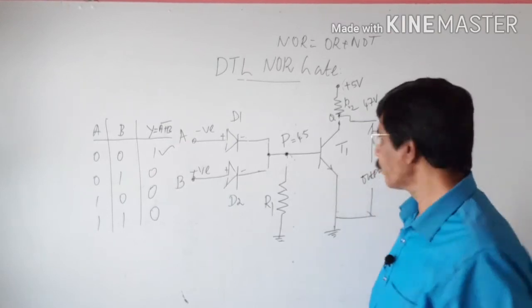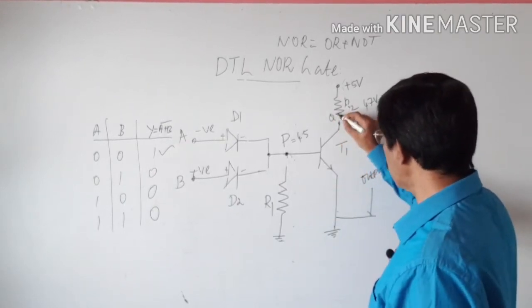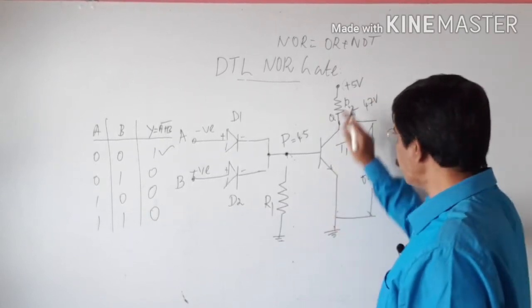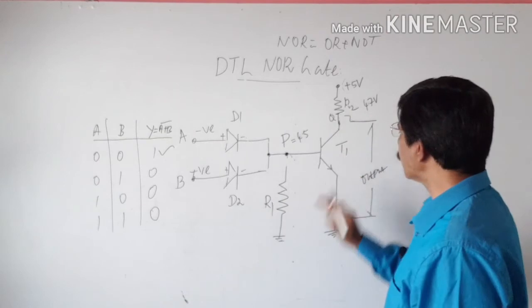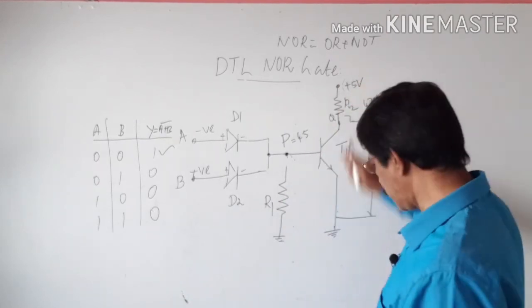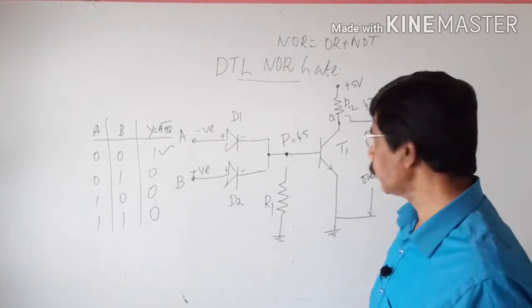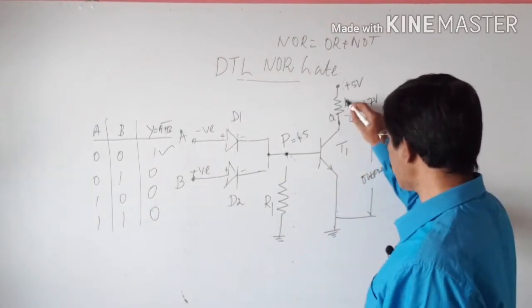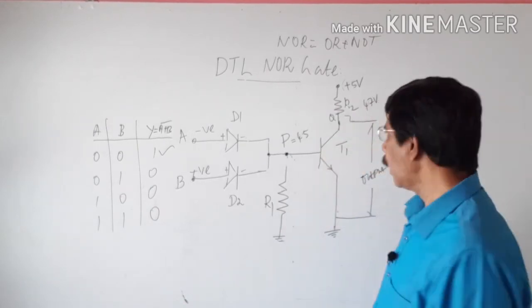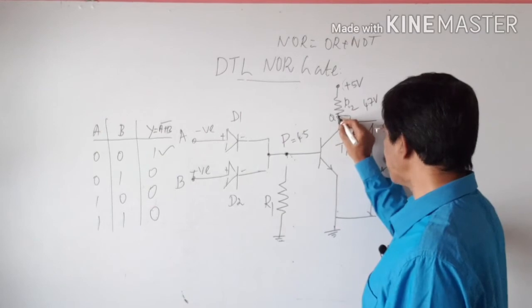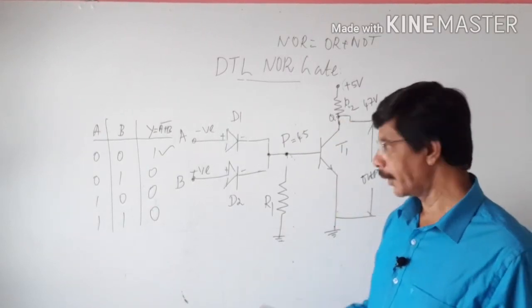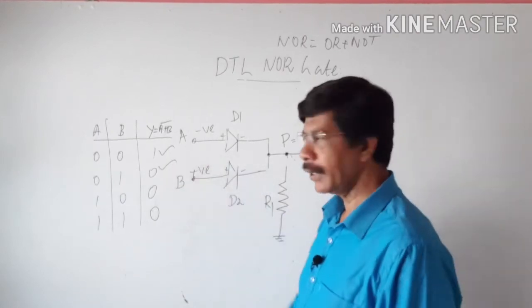Which means that there is a link between the positive power supply and ground through the resistor R2 and through the transistor T1. The applied voltage plus 5 volt is grounded now through the two components, resistor and transistor, because the transistor is a closed circuit, and no voltage exists at the point Q with respect to ground. It is 0. That shows the second line of the truth table.